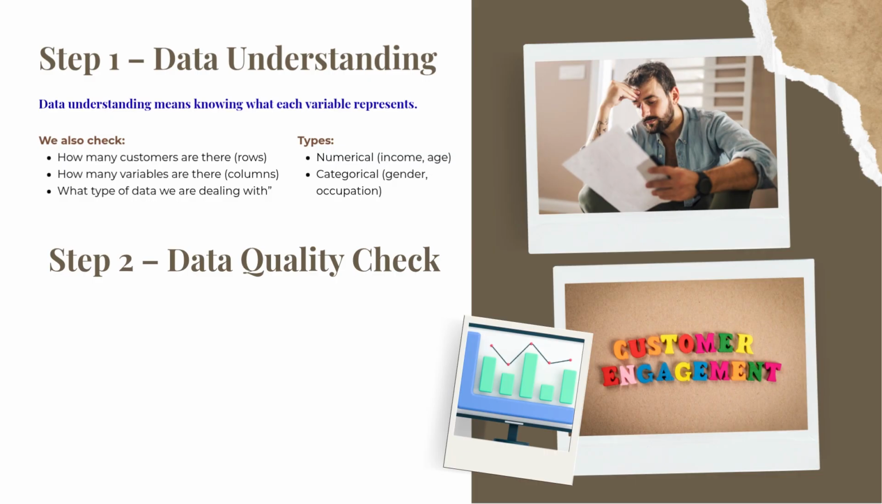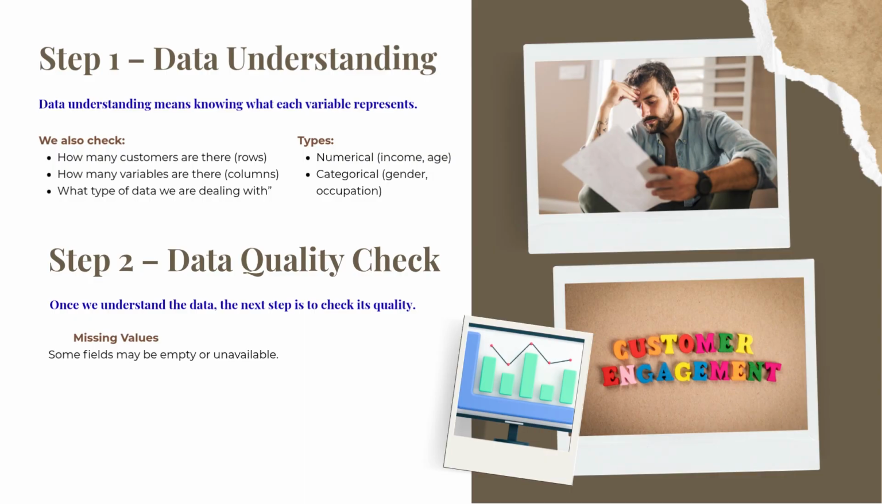Next step is data quality check. Once we understand the data, the next step is to check its quality. First is missing values. Some fields may be empty or unavailable. Incorrect values can happen. Sometimes data may be wrong or unrealistic. Duplicate records: the same customer appearing multiple times. So, for example,